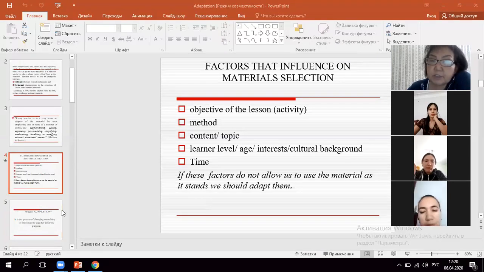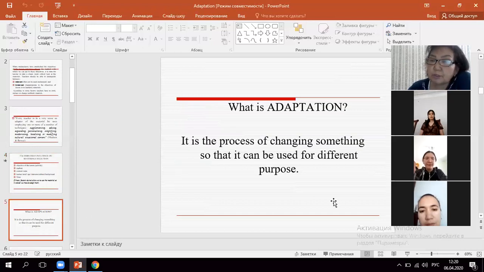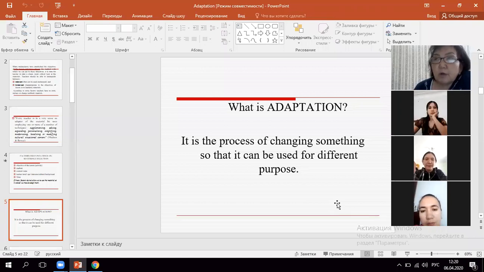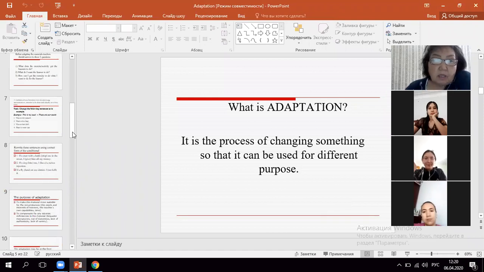So what is adaptation? Adaptation is the process of changing something so that it can be used for our purposes. For example, the purpose of the material is quite different from the purpose of the teaching. So we would like this material to serve our purposes. In this case, we usually adapt the materials. Before